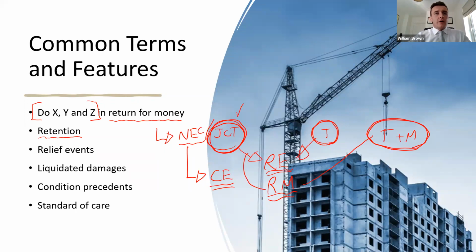Question here, another one from Thomas, in relation to weather: if a relevant matter crystallizes into a relevant event like weather, how is it dealt with? I'm not quite sure I follow that question there. So Thomas, weather, exceptionally adverse weather under the JCT, is only a relevant event. It is not a relevant matter. So if you are delayed on site due to exceptionally adverse weather, if it's too windy, for example, and you can't use your craneage, then you would only get an extension of time for that, no money. So I'm not too sure how that links into your question.